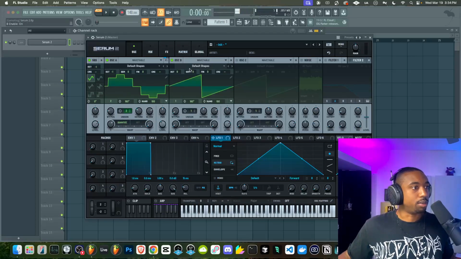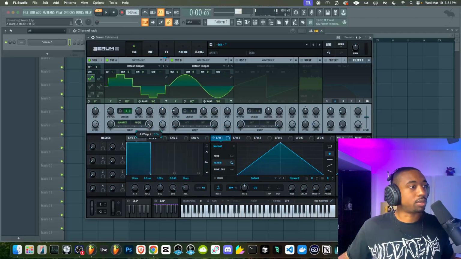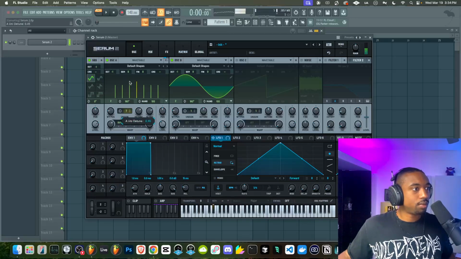And then I want oscillator B as a sine wave to modulate oscillator 1. So that's the cool part. We have 2 warp modes. Let's have some kind of envelope spread the detune.